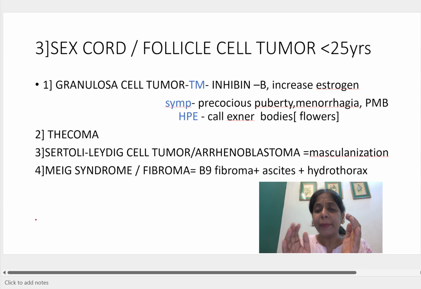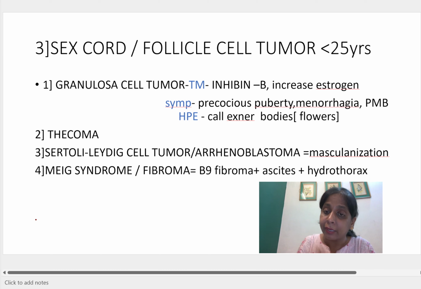Okay, if any patient with an adnexal mass is coming to you with these symptoms, that there is an adnexal mass and there is sudden precocious puberty and sudden menorrhagia, then what are you going to do? Then you are going to get the tumor marker inhibin B done to rule out the granulosa cell tumor. Okay, the other tumor which you see is the subtype of follicular cell tumor, the thecoma